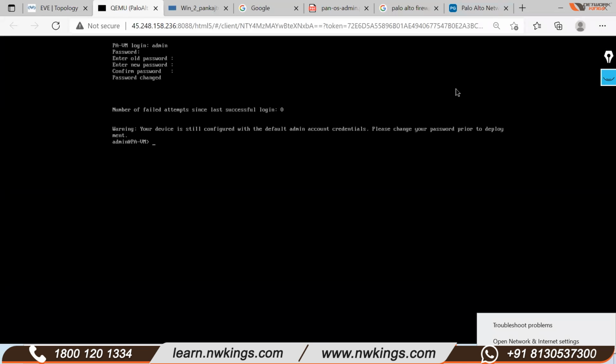PuTTY is something different, okay? How we take the remote access from our jump host, that is another concept. I'll talk about that later. So just stay on this concept, how the firewall is going to be configured. So here you can see that if I just run the command show system info, so you can see here,